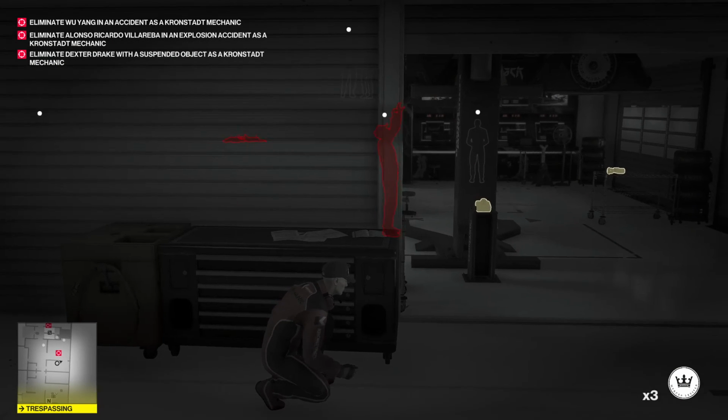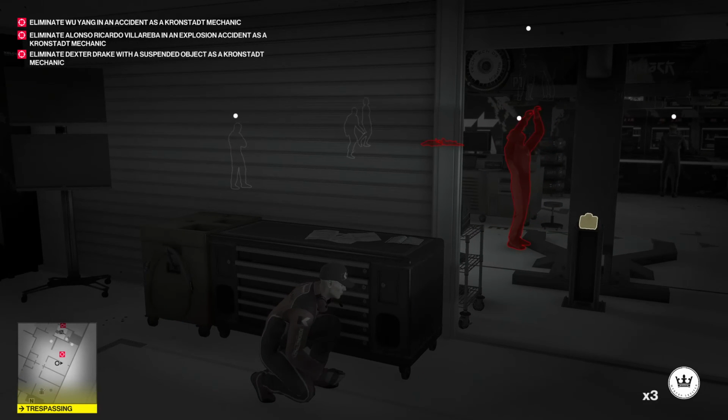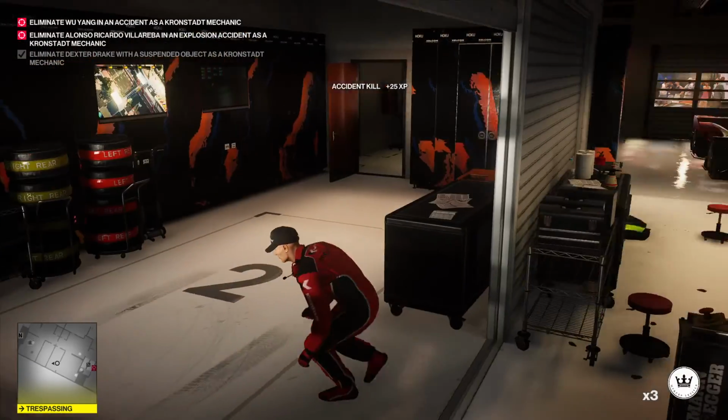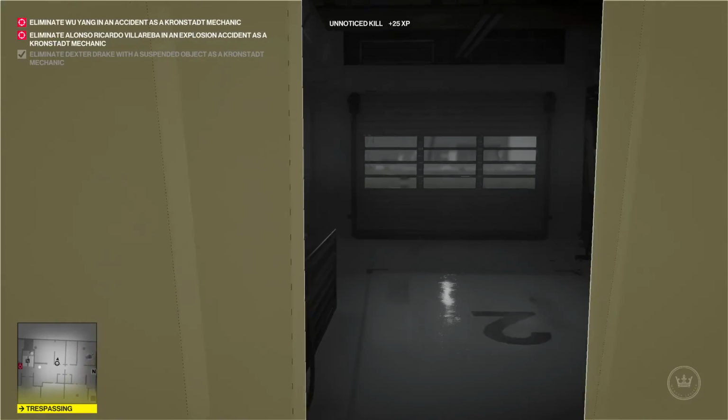Right, I think I can get away with this, because the rules are, even if the target sees me, as long as he doesn't have time to alert anybody and I eliminate him, then it cancels out being seen. So if I run up to that button and just press it and then do a runner into here,